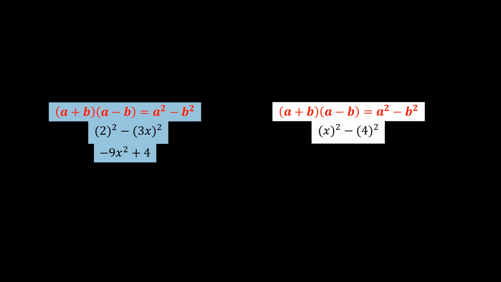I would have x times x, which is x squared, and 4 times 4, which is 16. So I should have x squared minus 16. That would be my standard form of my answer. For the second one,